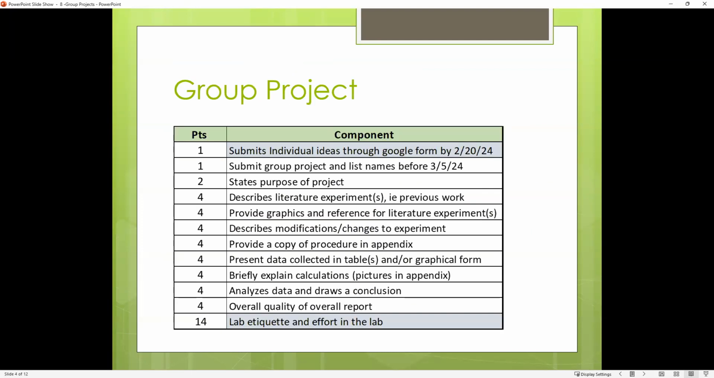Just to again remind you about the scoring. So you have two different aspects you're graded on. So you have the written report, the first one, and so you're going to work together and create one report. This is the rubric for it. There's some individual points, making sure that you submitted your individual ideas by that deadline, submitted your group project, and so you'll know that one of you submitted that and only one of you needed to, because